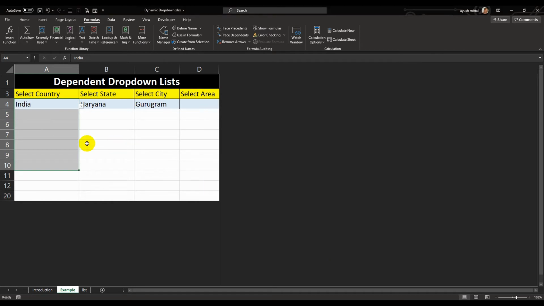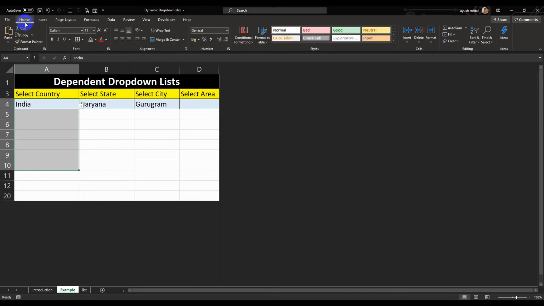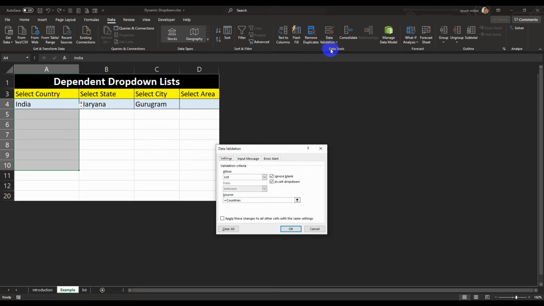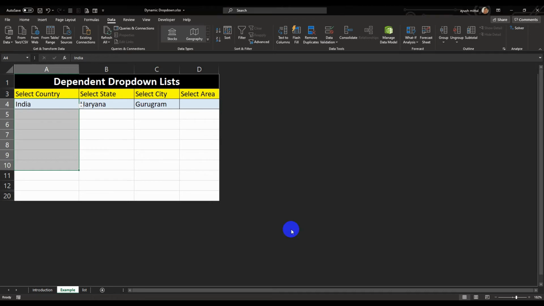Okay. So what did we use to create the drop-down list? Again we'll go to Data, then Data Validation. Under Data Validation I have given this cells as a reference of countries. So here you can see all these are countries. We'll click OK. Now when I give a drop-down, it will show me all the countries in all the cells where I have given the references.